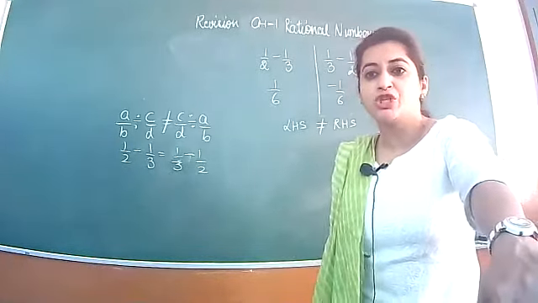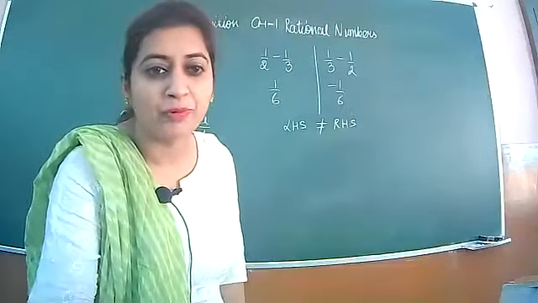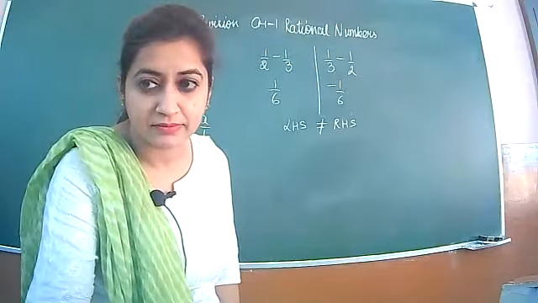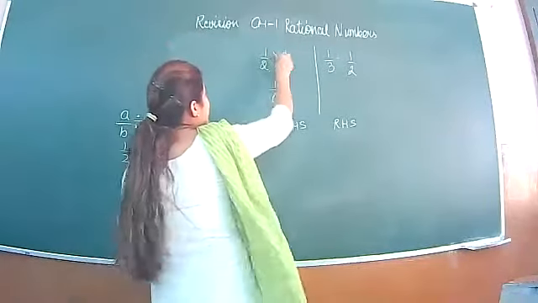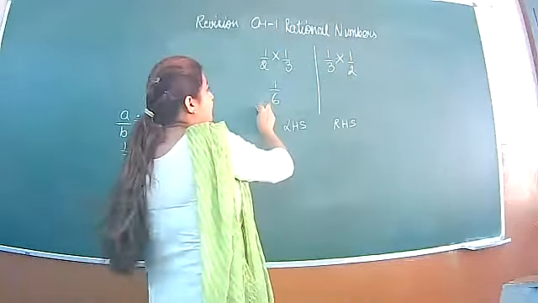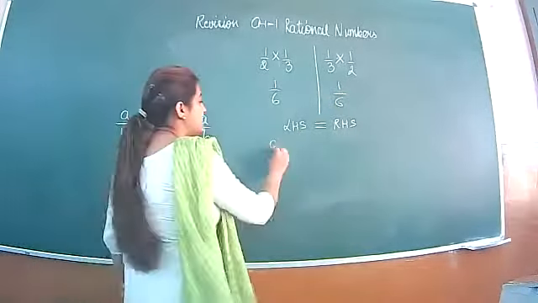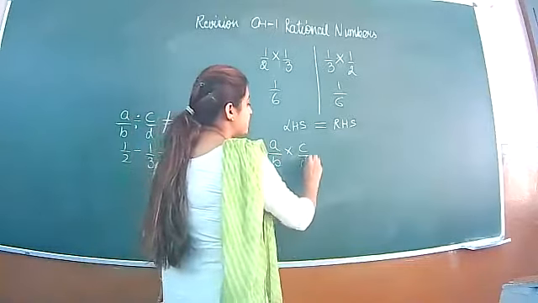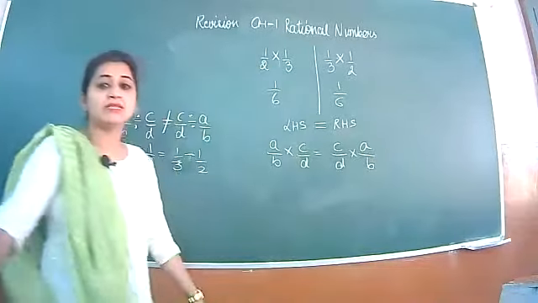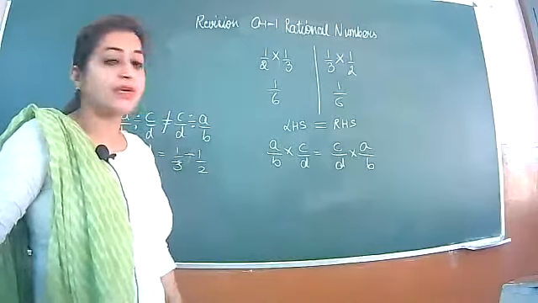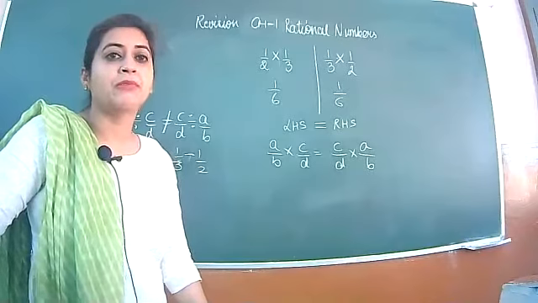Yes, justify this commutative property for multiplication. Take an example, show that for multiplication, they are having the same answer on both the sides. Yes, now we are justifying the same property, commutative property for multiplication. Answer of both the sides are the same. So we can say that a/b multiplied by c/d is equal to c/d into a/b. That means both the sides are giving you the same answer. That means commutative property holds for multiplication.